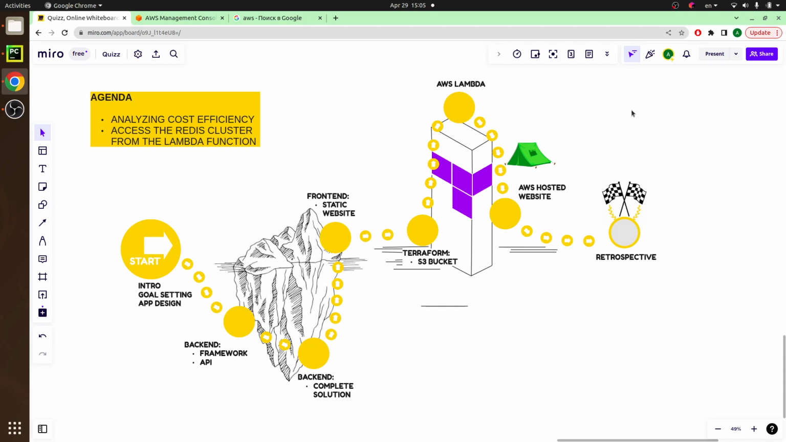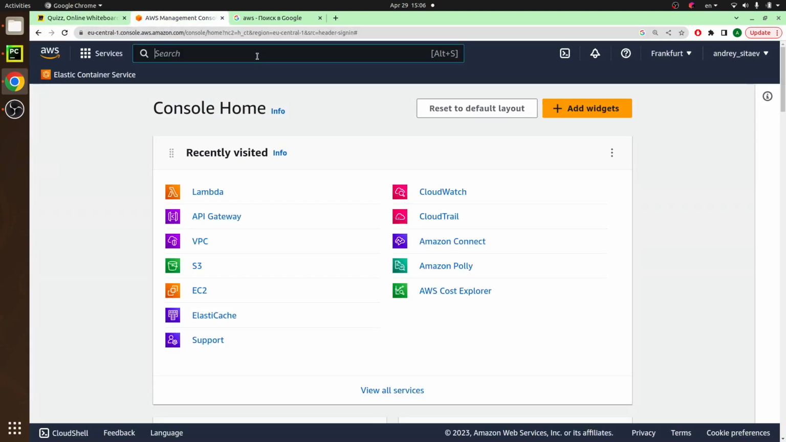Hey everyone, we are wrapping up the exercise, but we've got one last thing to chat about, pricing. Let's dive into my AWS spending and see if using AWS Lambda in my app design was a smart move for my wallet. Apparently, the first thing to start with is going to the AWS Management Console and searching for the Cost Explorer